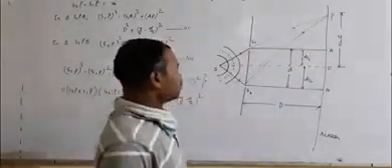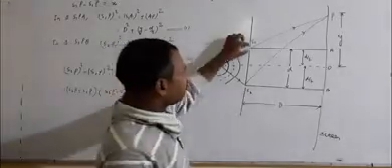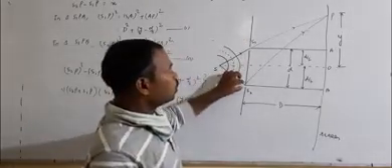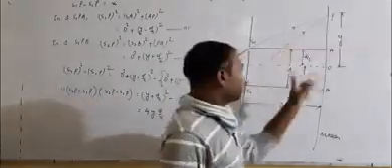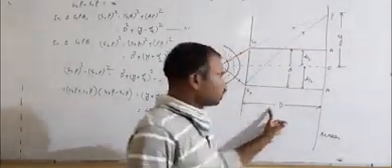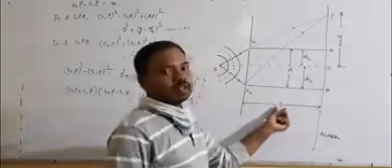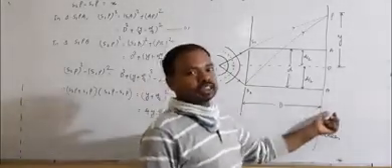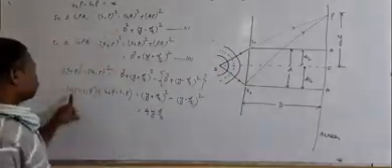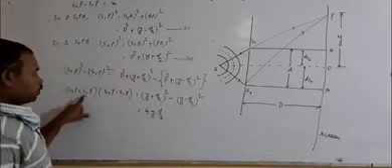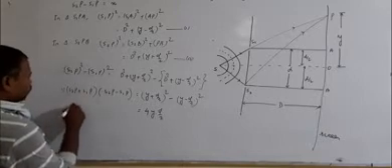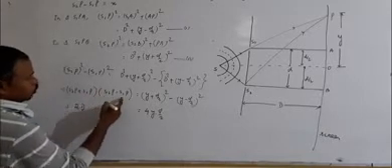Now here S2P and S1P are very nearly equal. Why? Because in Young's double slit experiment, the slits are placed very close to each other, so S1P is very nearly equal to S2P, and that value is very nearly equal to the capital D, meaning the distance between the slits and the screen. So in place of S2P and S1P, I can put capital D plus capital D. So this will be 2D into this value.